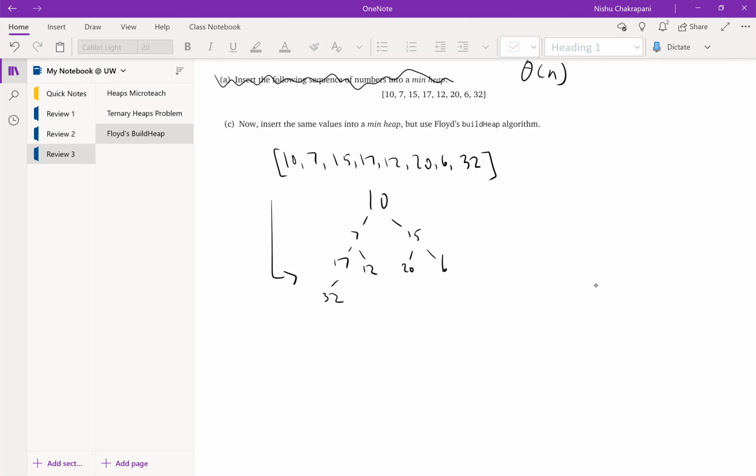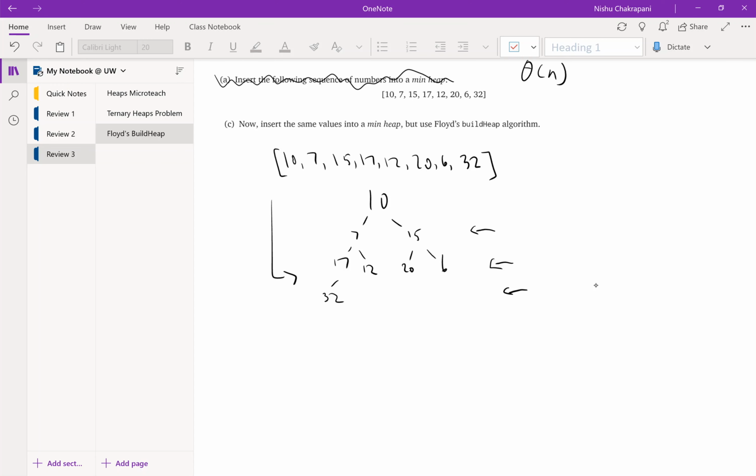So let's start that. Draw my arrow here. At this last layer, there's no items here, there's no items here. 32 is our first thing that we come across. Does this need to be percolated down? No, because there's nothing below it, so it doesn't violate any rules on its own. And then we go to the next layer. 6, there's no children. 20, there's no children. 12, no children. 17. Now we want this to be a min heap. Is 17 less than 32? It is, so it can stay where it is. So actually that layer is good. And then we go up to here,